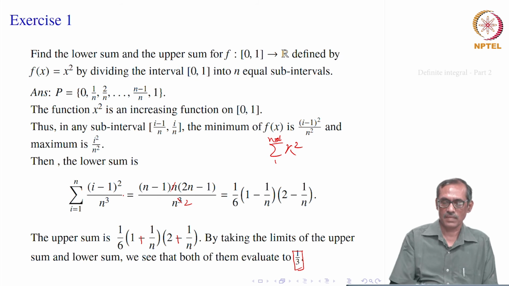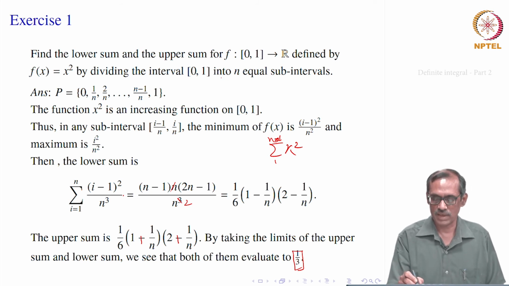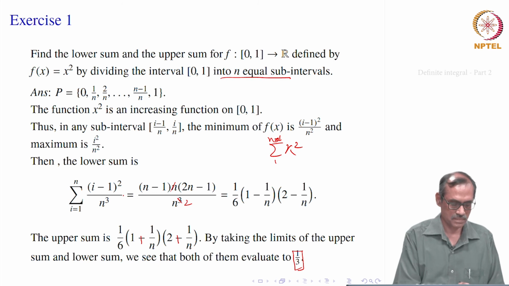Okay. So, if you take some other subintervals, it will also behave in a similar way, because you can take x_i and x_{i-1}. But the summation of the squares will not be possible to evaluate unless we know x_i to x_{i-1}. Of course, you can show later that the sum will be 1 by 3 even if you take other partitions, but our problem does not ask that. Fine, we want only n equal subintervals.